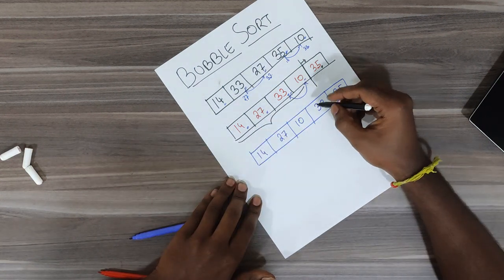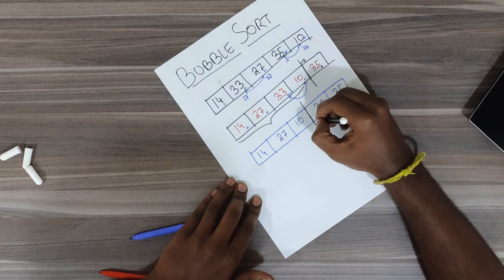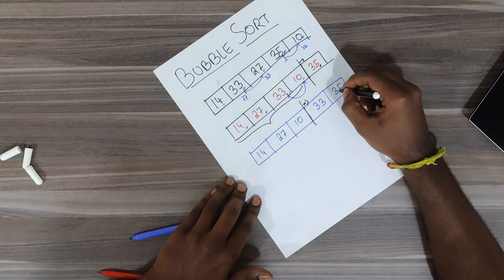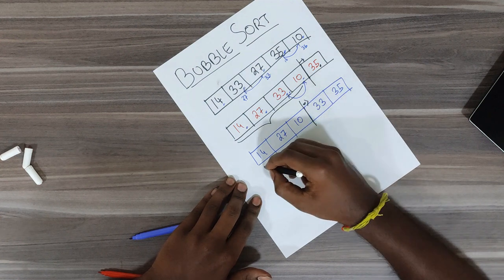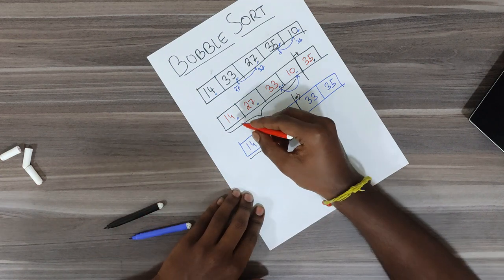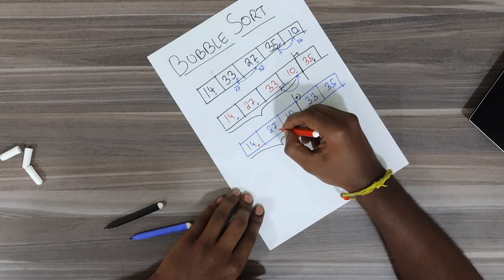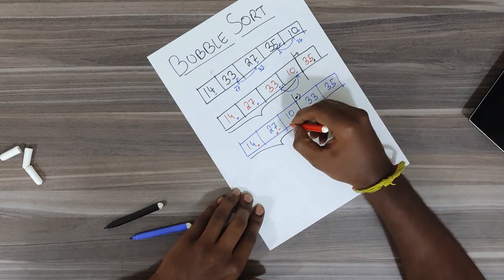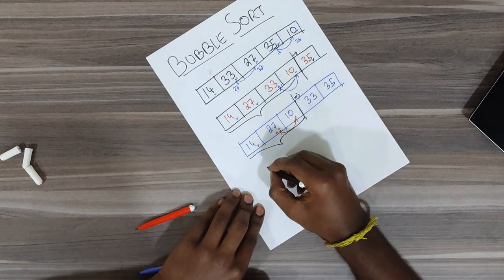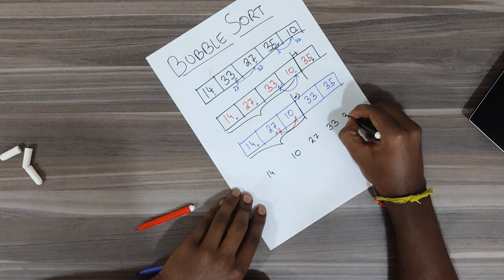Again, now the last but one largest element gets the position last but one. So these two are the largest two elements and those elements are sorted properly. So now our array has come down to n-2. And further we'll try to do the same bubble sort. Compare this and this. Since 27 is the largest, there won't be any swap. Then compare this and this. 10, which is smaller but towards the right hand side, there will be a swap. So now the resultant array would be 14, 10, 27, 33 and 35.